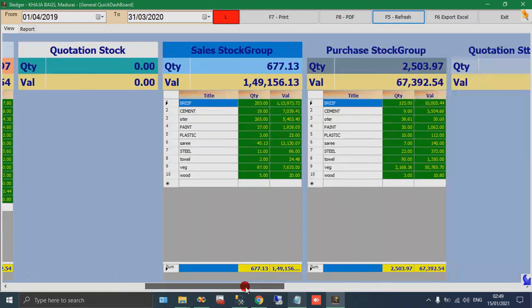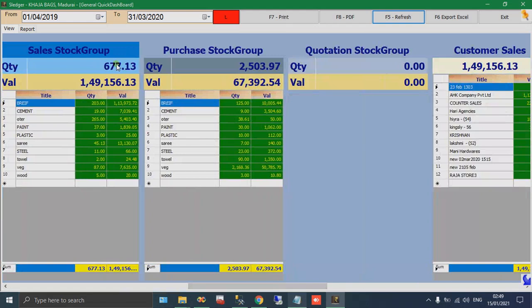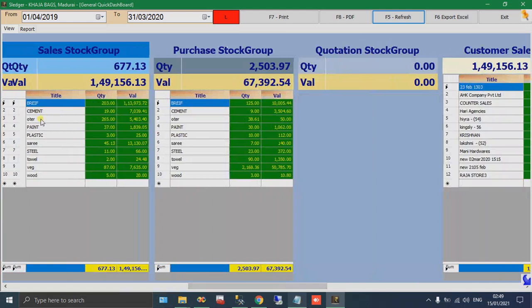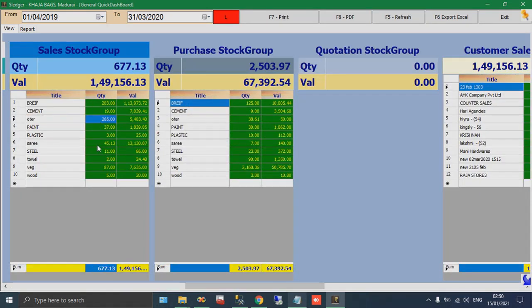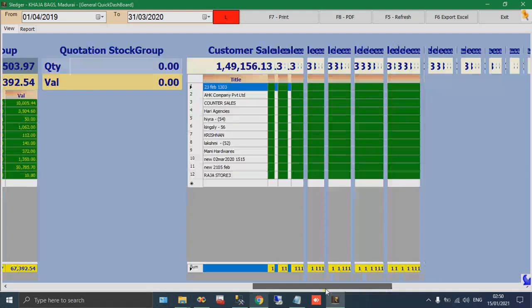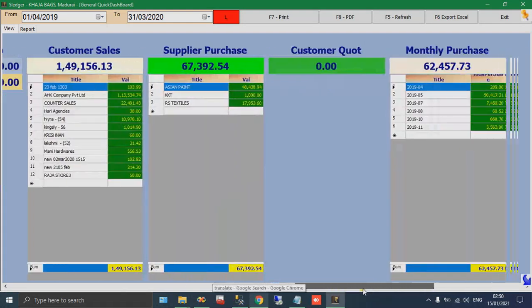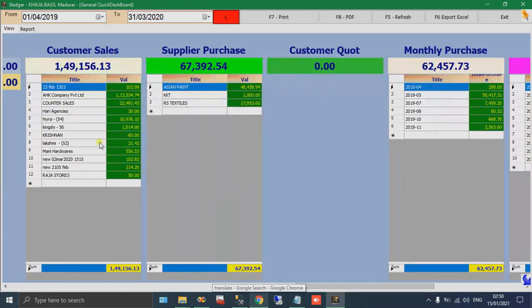And sales stock group-wise: we have sold many stocks, those stocks may be in some groups, so group-wise also you can get how much quantity we have sold and what the sales value is, and likewise for purchase. Coming to the end, here, customer-name-wise, how much amount we have billed in this period. Likewise from the supplier also, how much we have bought, you can get that here.